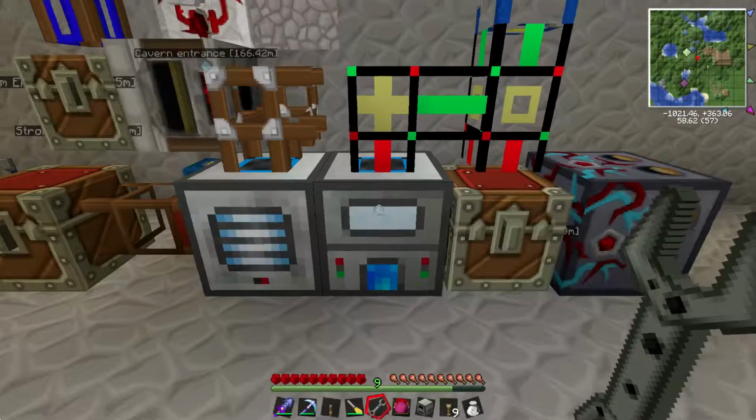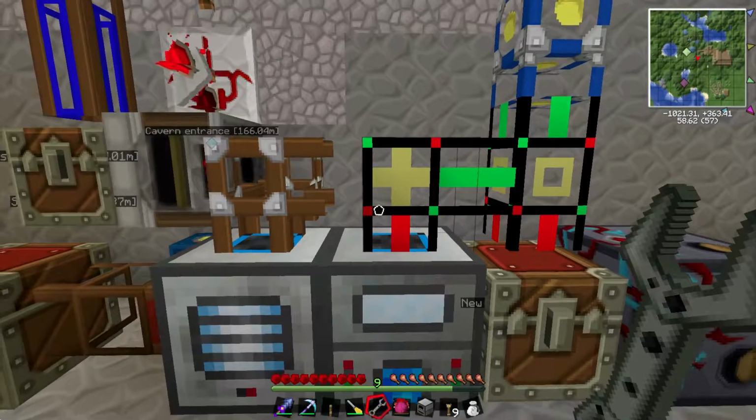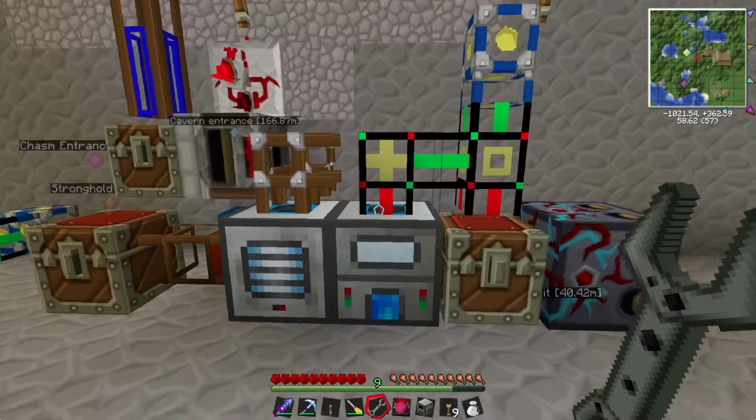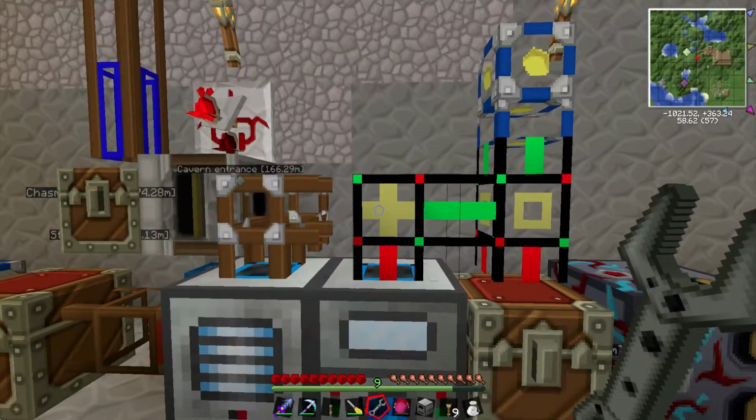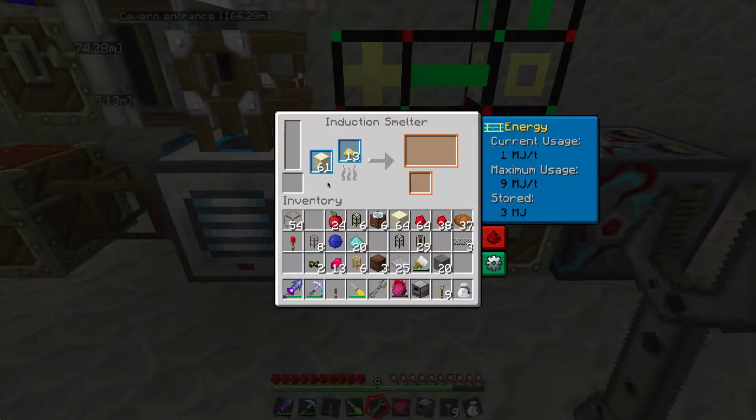Now, one thing that this induction smelter does require is each time it smelts ore, it requires 1 piece of sand. So what I've done, again, kind of as a temporary measure, we may make a series of machines using the pulverizers and other Thermal Expansion machines to continue creating sand. But for the moment, I just have it hooked in with a supplier logistics pipe that just requests sand,